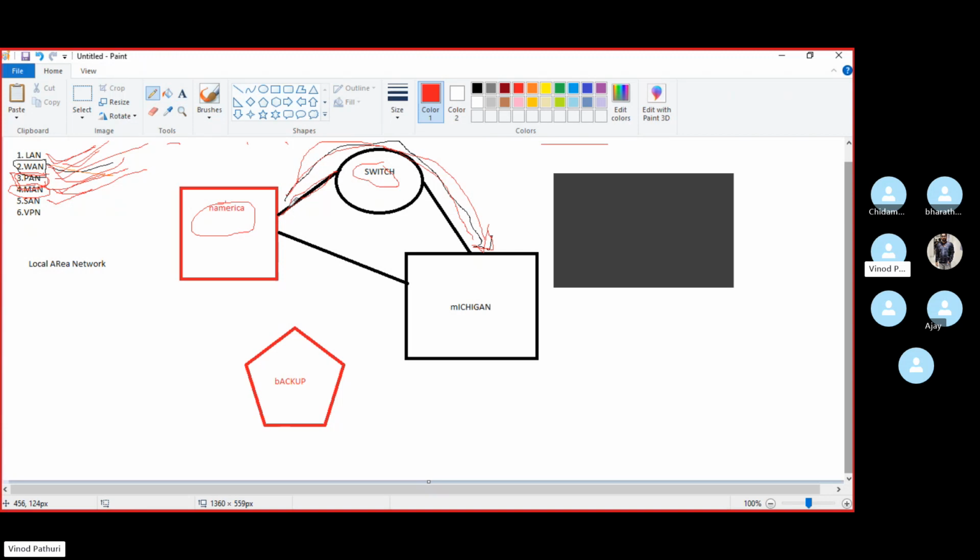If you use your regular network, it may cause some issues, right? So we will create a dedicated backup network, and all your backup traffic will come via this dedicated network and be stored in this device.